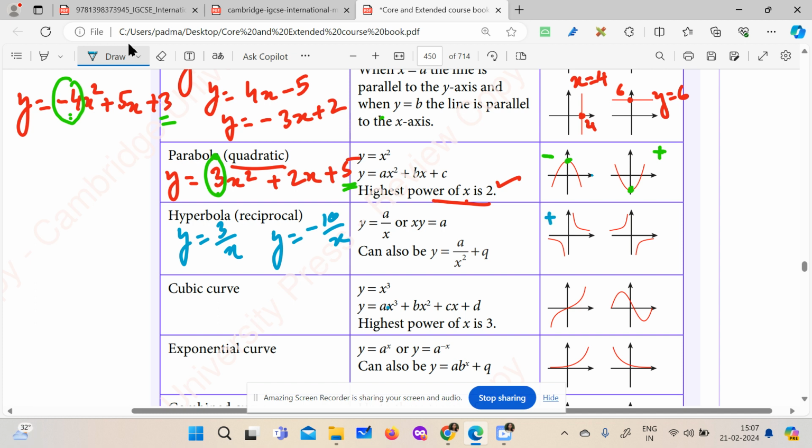And if you look at this one, here your graph is negative. Here you can see minus 10 over x, your equation is negative, so your graph will be like this. Is this clear to you? Okay. See why it is important to understand the nature of graph, because in exam you get actually,